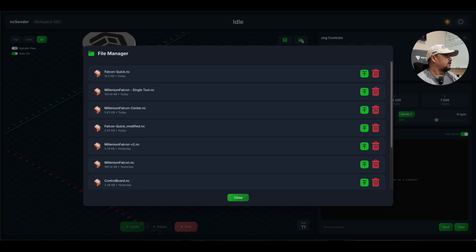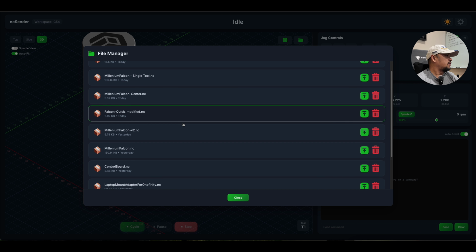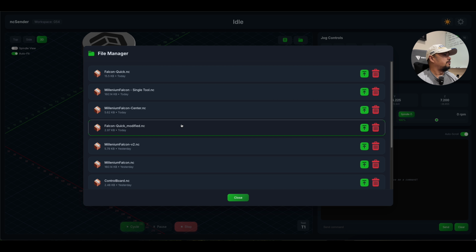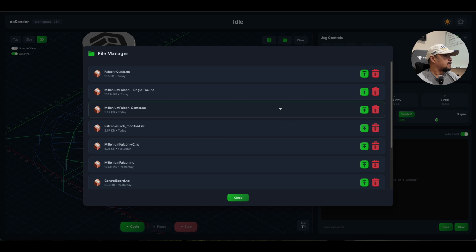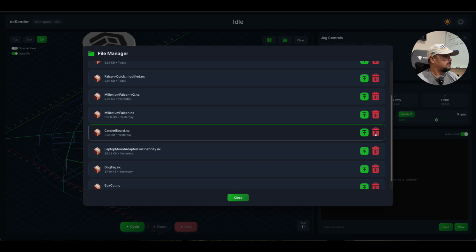There's now a folder in here. Everything that I uploaded is already here. So all the jobs that you've been running will be here, and you can delete it or reload it. So if you go to a different computer, or actually go to the machine that has the CNC controller connected, you will have that file. So you don't need to go back to the other computer to upload it. It's already here. Let's say I can delete it,